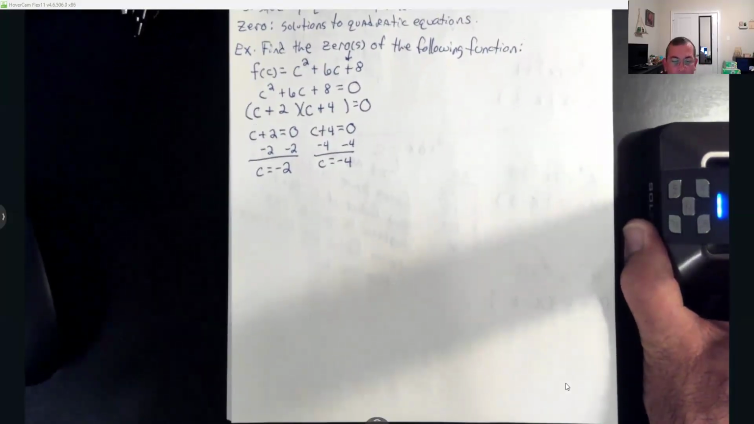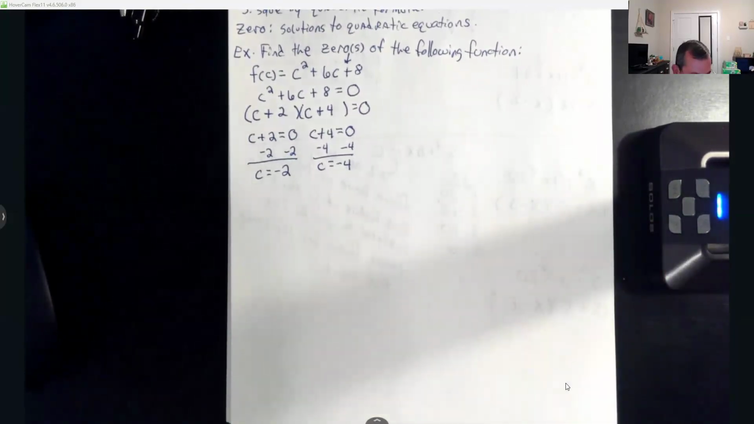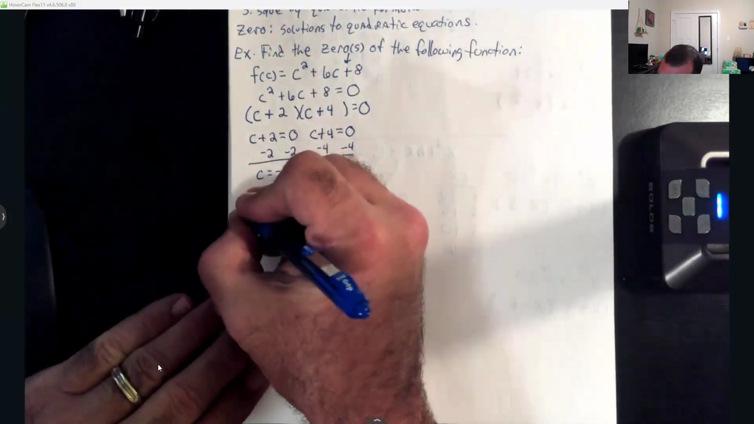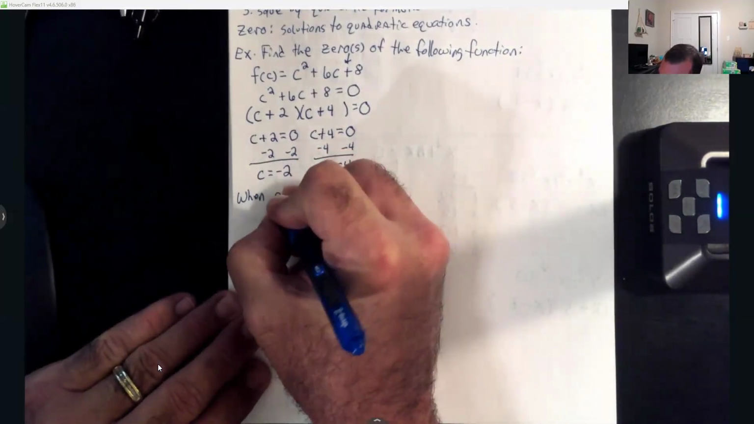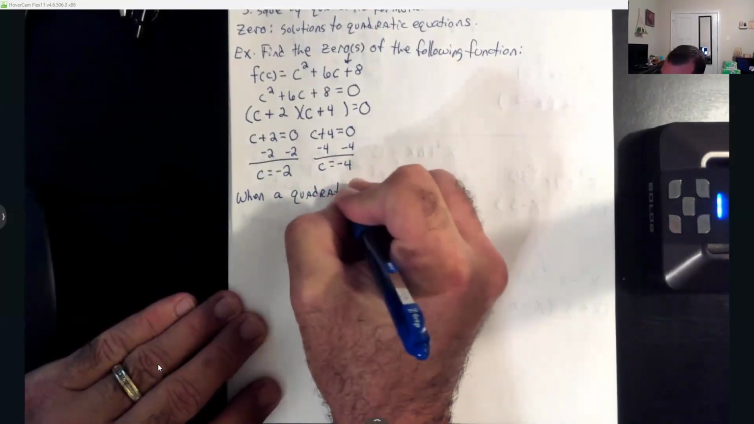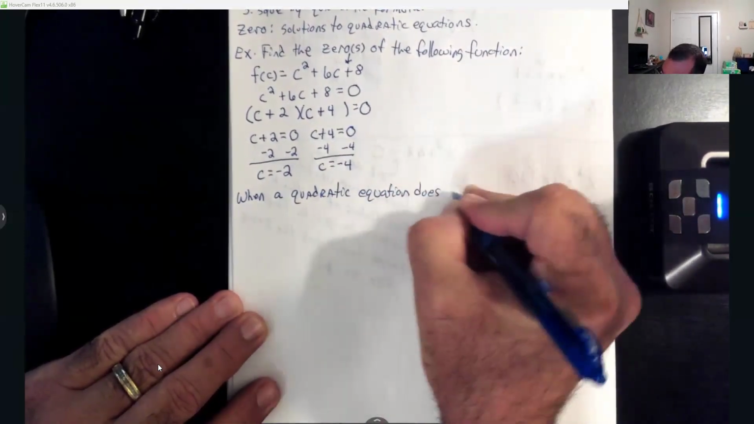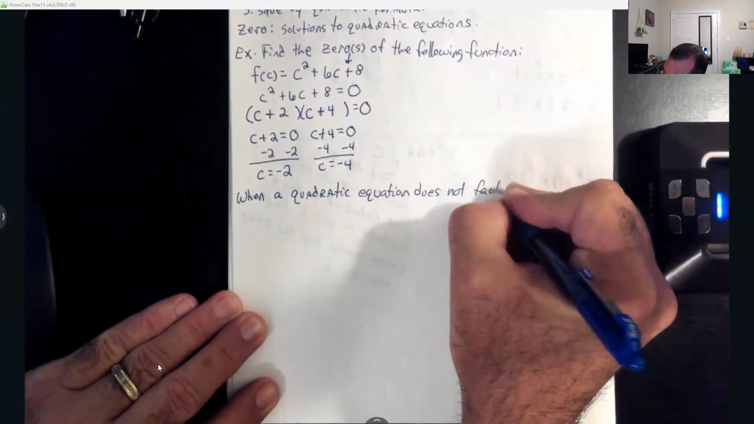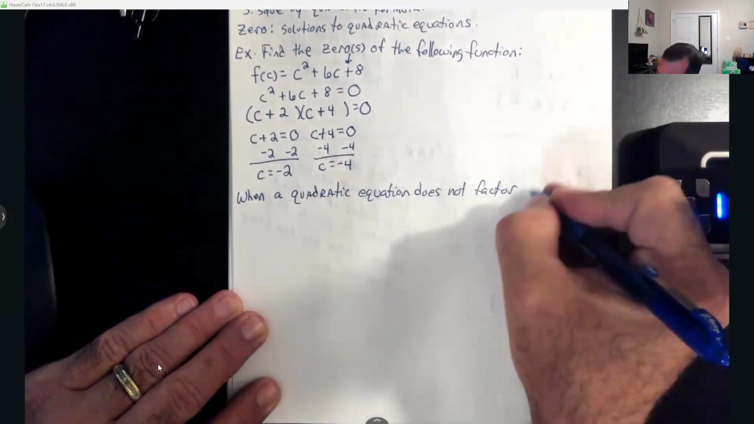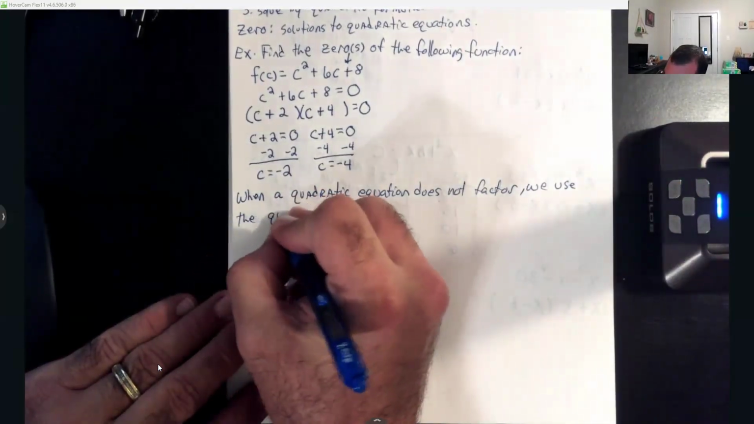Now, y'all, what we're going to do real quick is getting near break time. We're going to look at what we call the quadratic formula real quick, okay? So, when a quadratic equation does not factor,